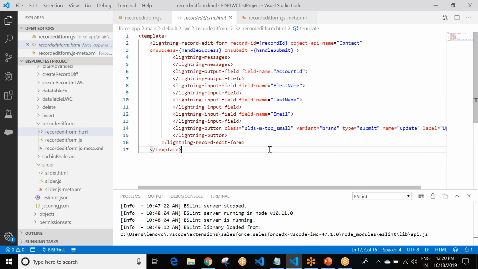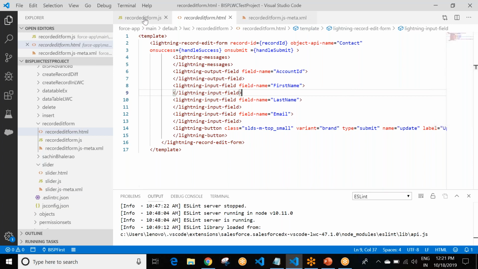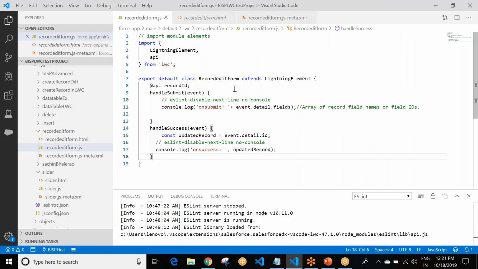So this is our layout for the edit form. And record ID holds the record ID of that specific record. So this is our layout of Lightning record edit form. Now we are moving towards the JavaScript file, this JS file.